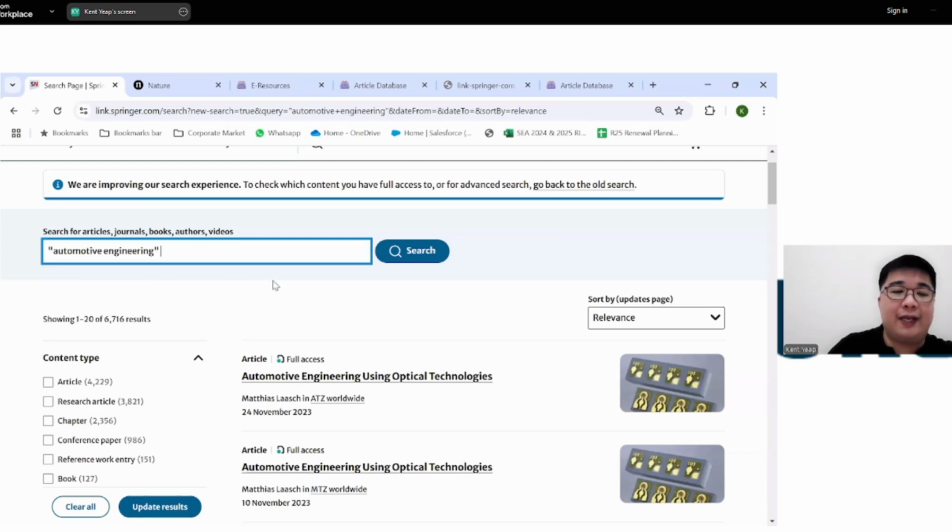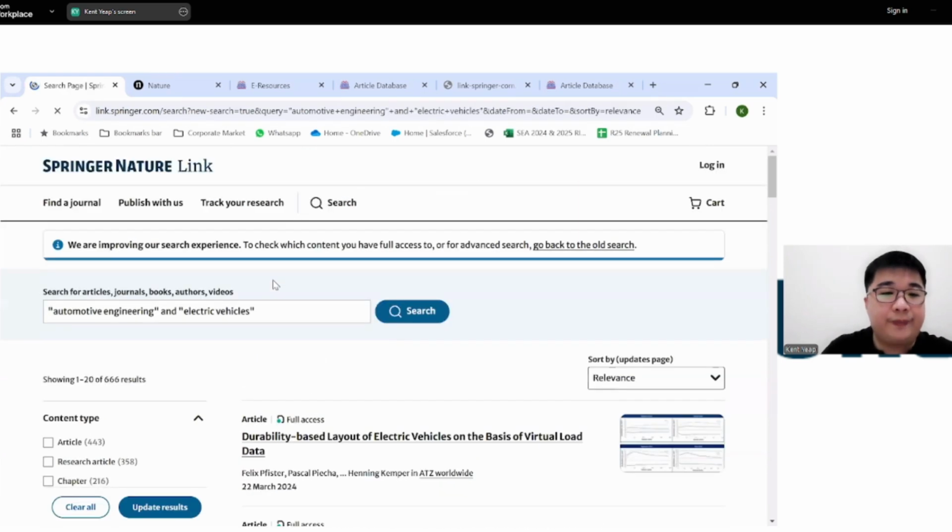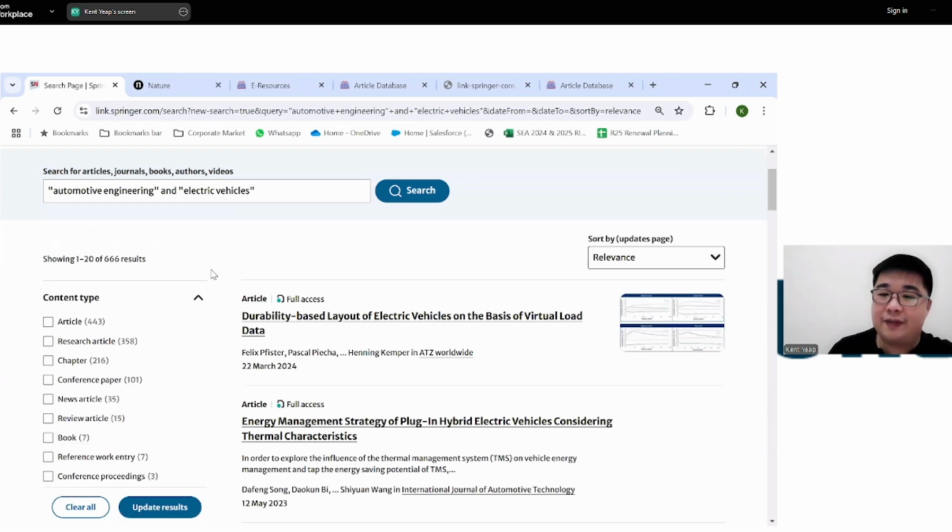Okay. I can then further refine this by including more terms, like automotive engineering and, let's say, electric vehicles. Let's say, and I think this is a bit of a popular area in today's context, and perhaps something that is also researched heavily in your university. Again, I'm not so sure about the group attending today, but I'm just using this as some examples. And you will see now what is returned is basically anything that is relevant to automotive engineering and things that are relevant to electric vehicles. And that number of results has obviously changed.